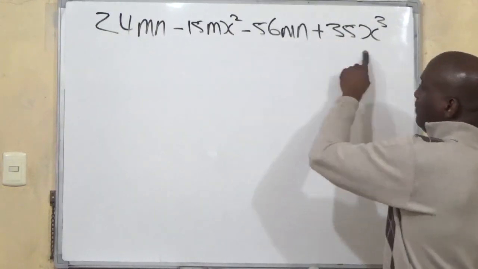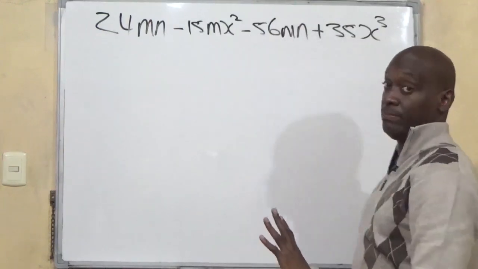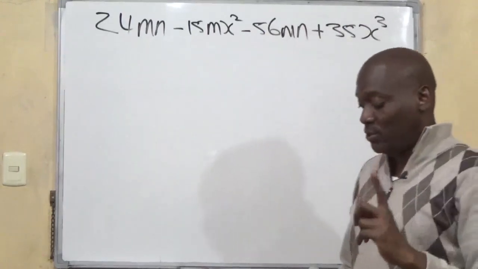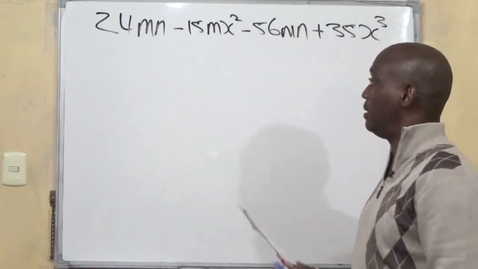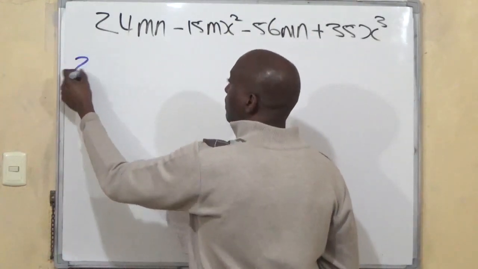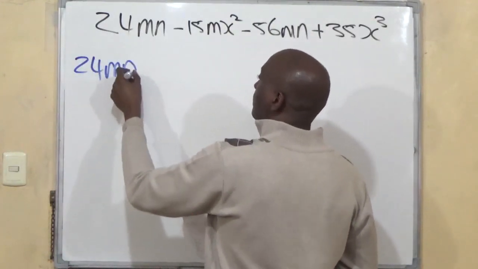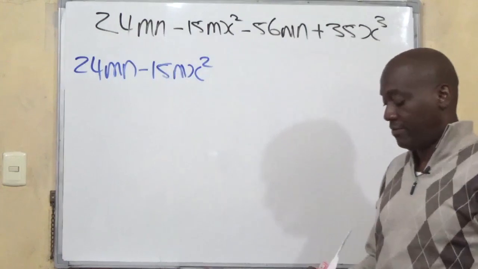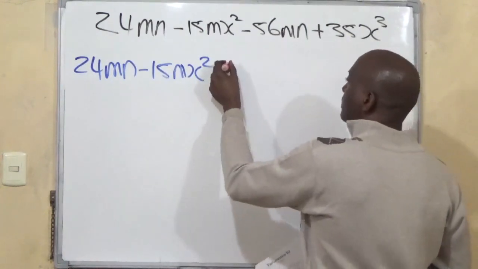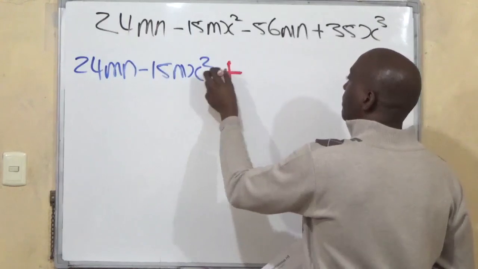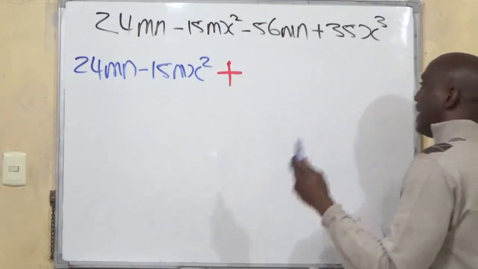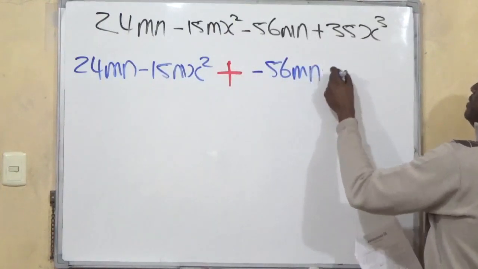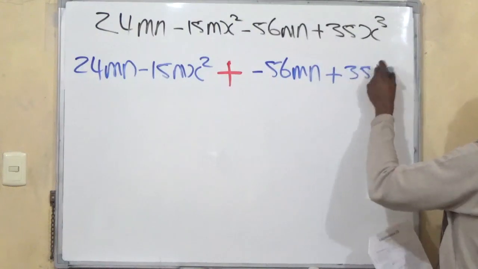Right. So again, just as we discussed in the last example, what actually happens here in the case where the third term, the first term of the second group, because it's 2 groups, right? You have this group, the first 2 terms, and this group, the second 2 terms. What you actually and truly have here is 24mn minus 15mx squared, first group, plus minus 56mn plus 35x cubed,